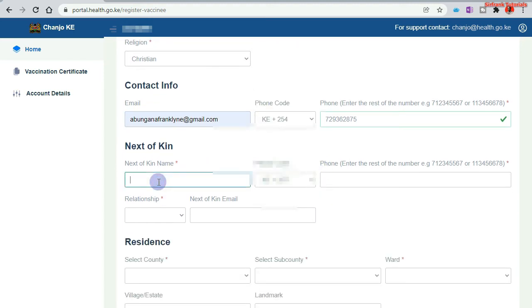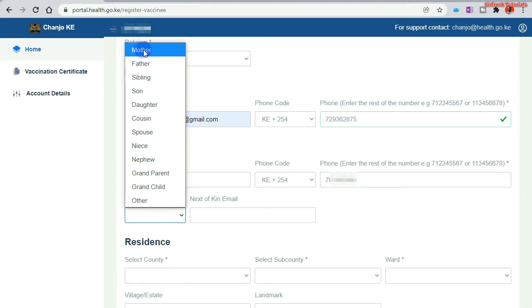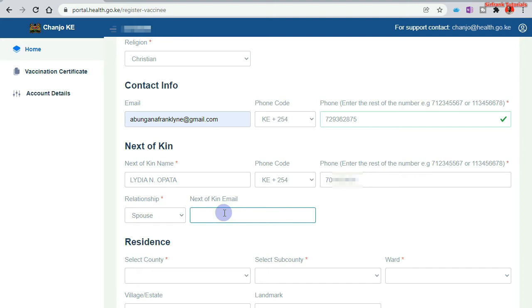And key in the next of kin name, phone number, always omit the 0, should be the phone number of the next of kin. Then relationship, you can select from the list, email address,